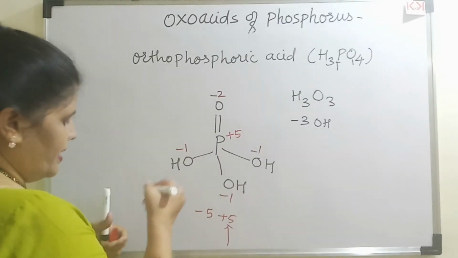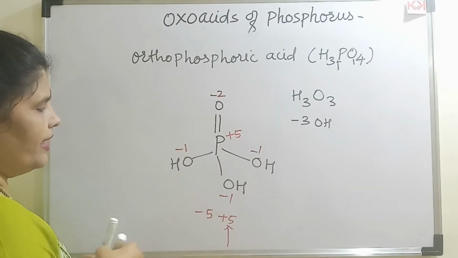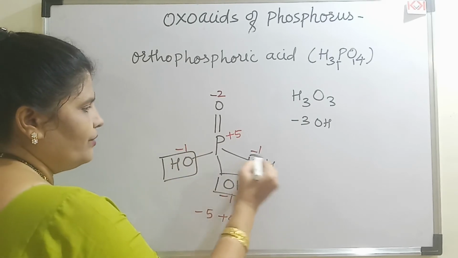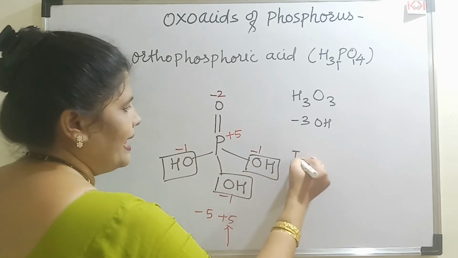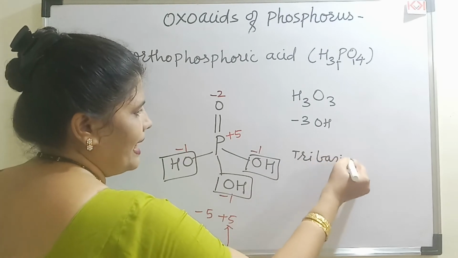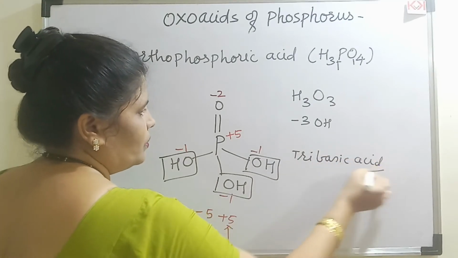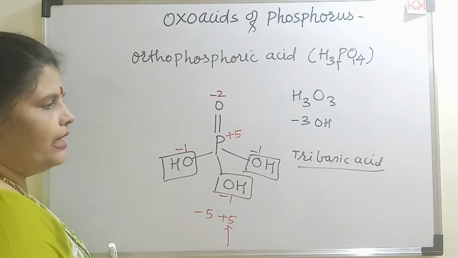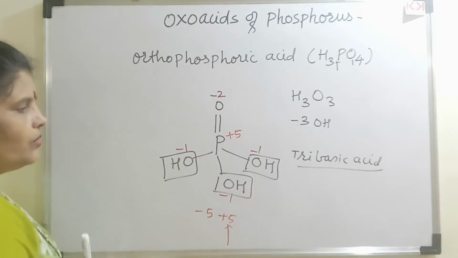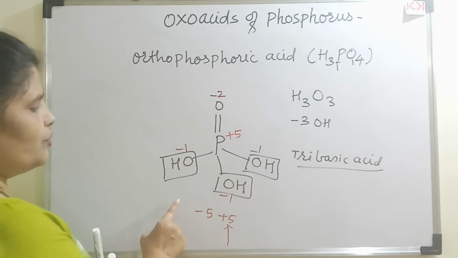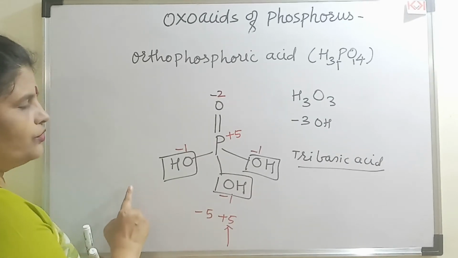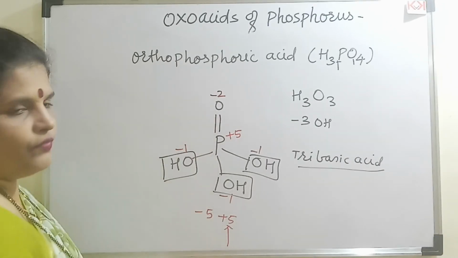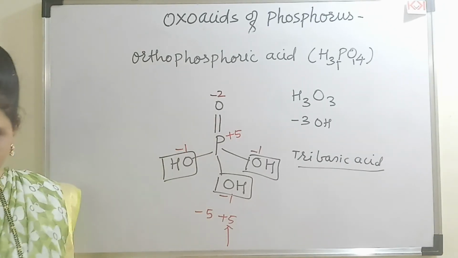Now if you see this, how many OH groups are here in this acid, student? 1, 2 and 3. So what you will call this as, this is a tribasic acid. So this is the best example to study the relation between molar and normal solutions. One MCQ question can be asked on this, because 1 molar solution will be equal to 3 normal for this phosphoric acid. Let's go for the next example.